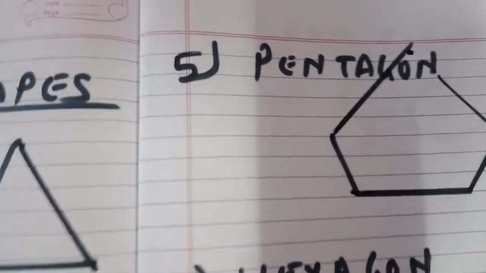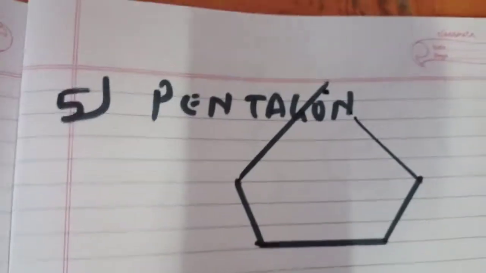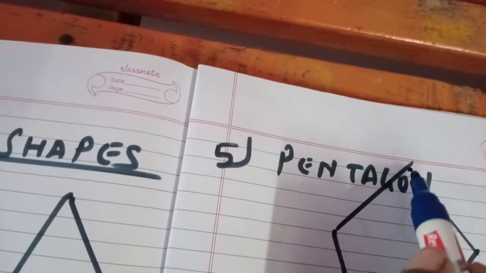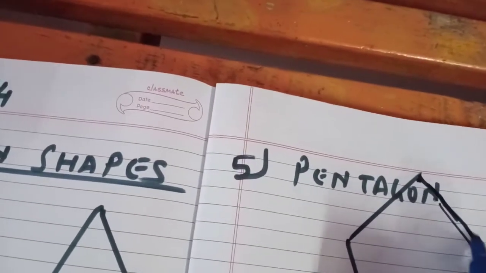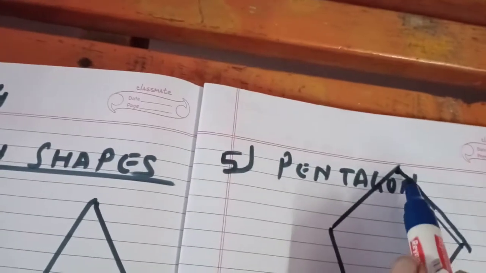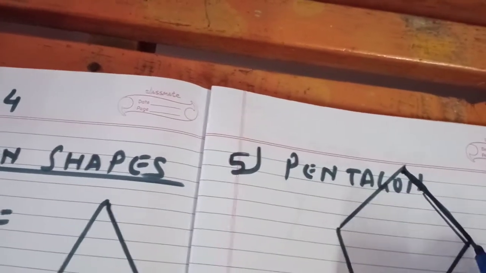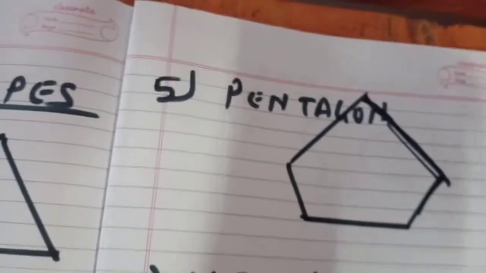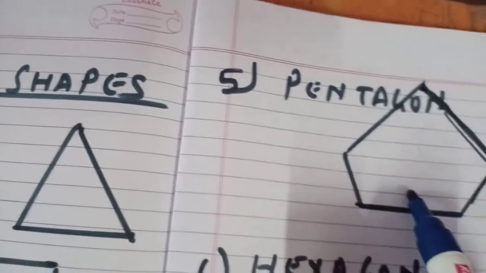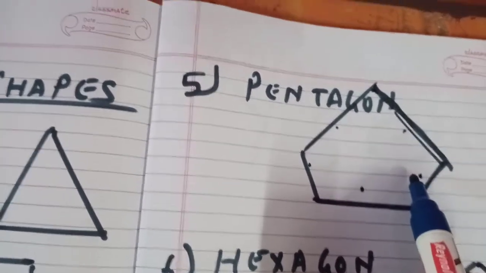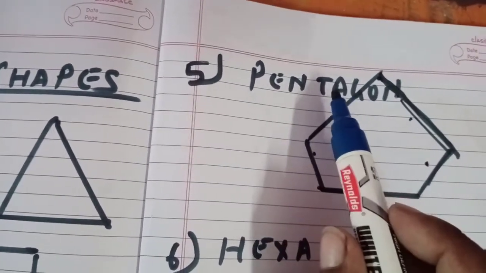The next one that we are going to see, or you can see on the screen, is a pentagon. As the name suggests, pentagon, there have to be five corners. Consider this as connected, okay? My drawing is not that good. Better always use a scale to draw such shapes. This is a pentagon. As you can see that there are five specific sides. This is side 1, this is side 2, this is side 3, side 4 and side 5. As the name suggests, pentagon.